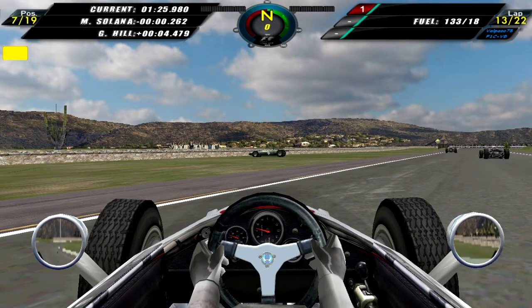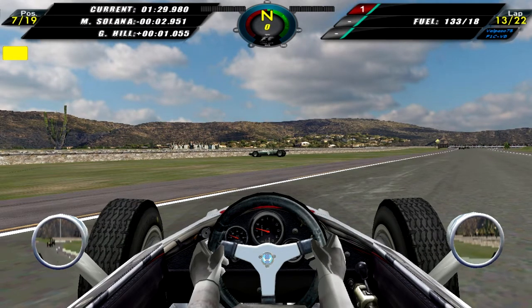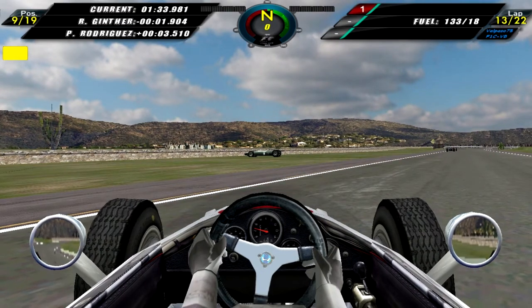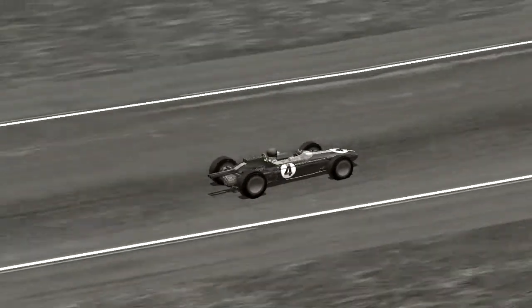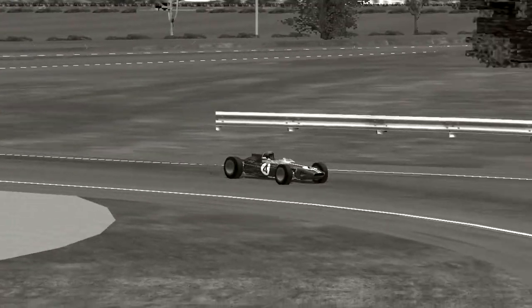Not a very good outcome here. That wasn't what I wanted. We would have wanted to obviously try and win, but 2nd would have been obviously better than just retiring from the race. As we now take a look at a replay of Peter Rundle on lap 20,